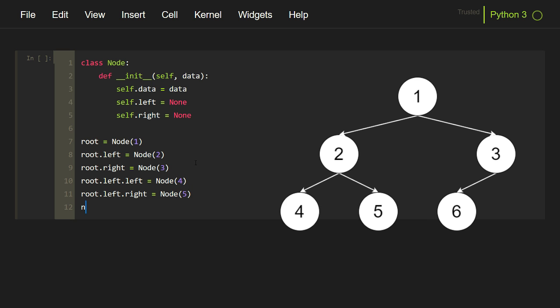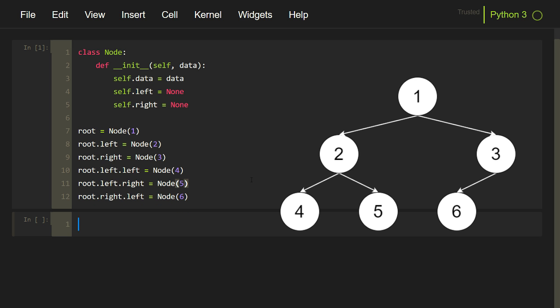So we will write root.right, that is node 3, dot left is node 6. So you can verify the connections with this reference image, and this is the entire tree constructed along with the node class. Now we can execute this and the tree has been constructed.